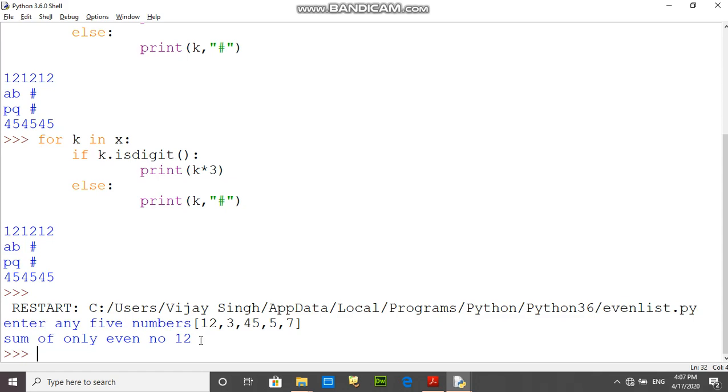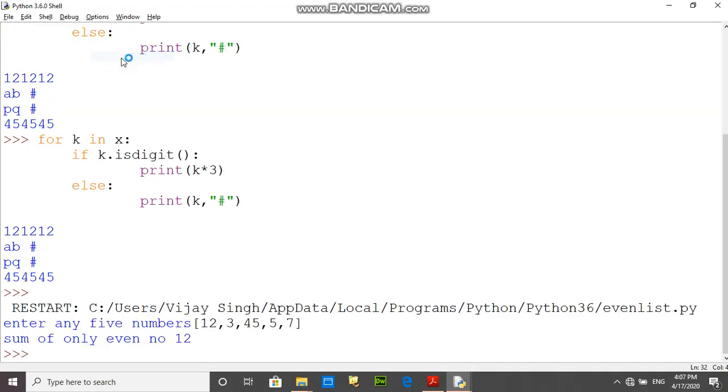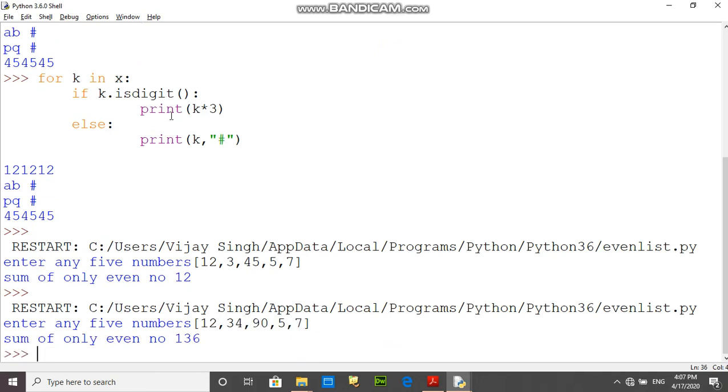Again run this program. This time I am giving some values, and this time the sum is 136.